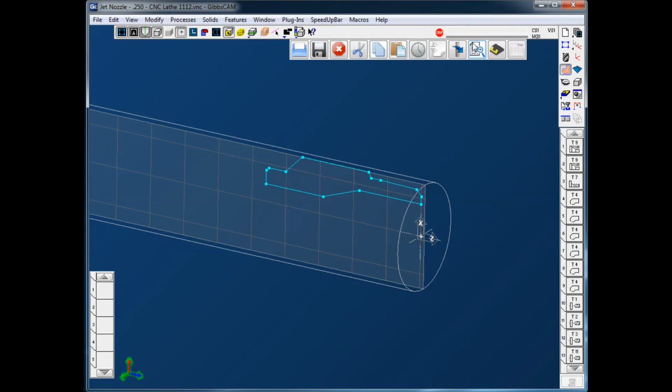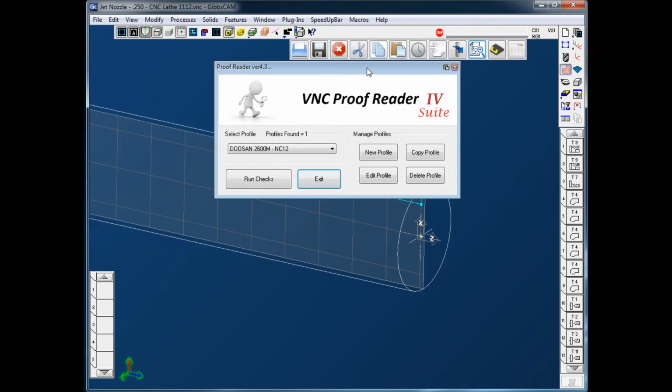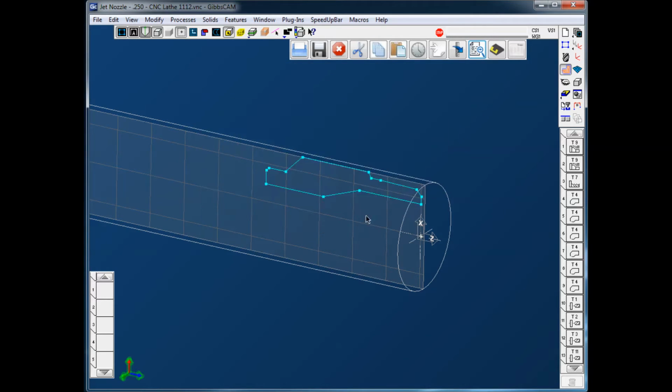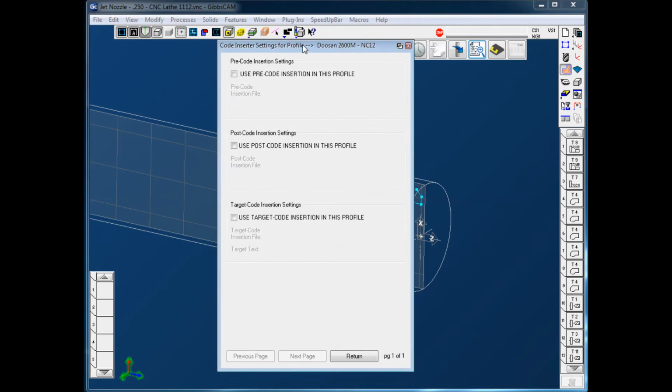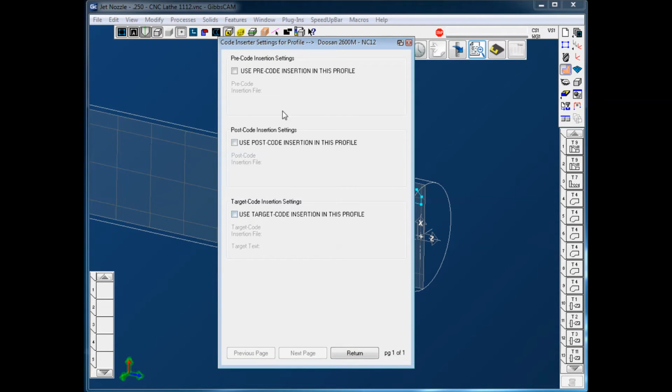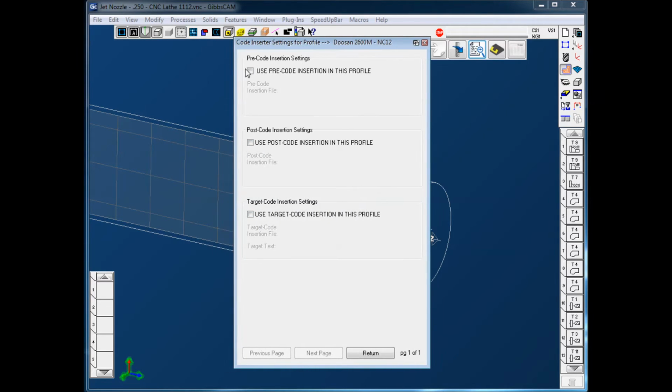So the last thing I want to cover is how the code inserter works. If I go to the settings page, into code inserter, you can see we have it divided into 3 sections: pre-code insertion, post-code insertion, and target code insertion. What this basically means now, pre-code insertion, if I select that, I have a file here that I can select,